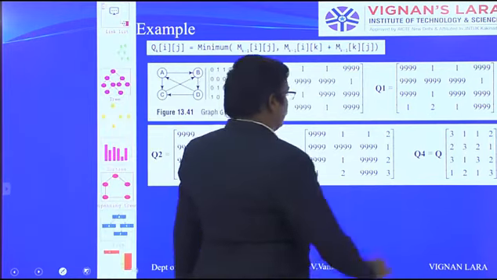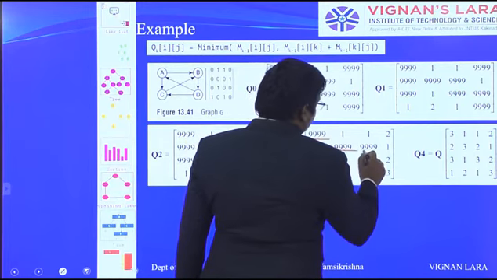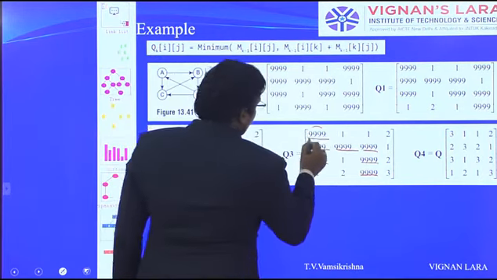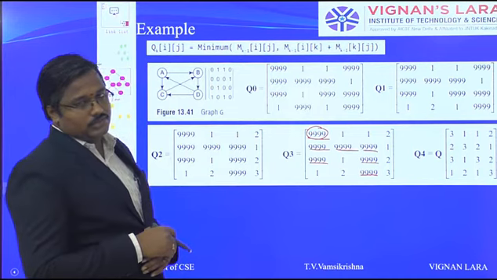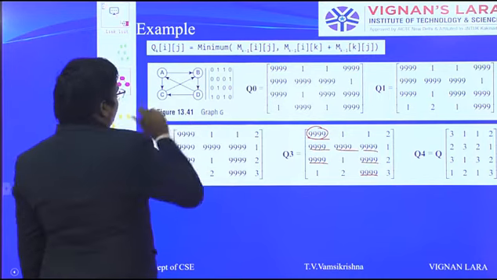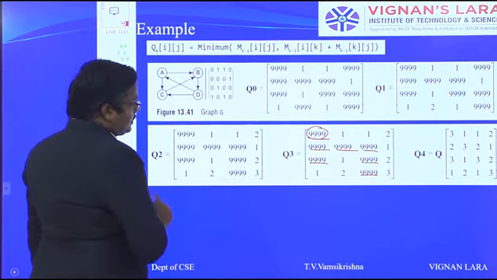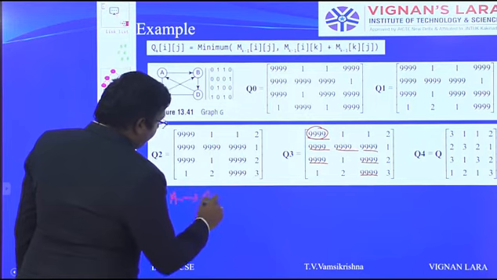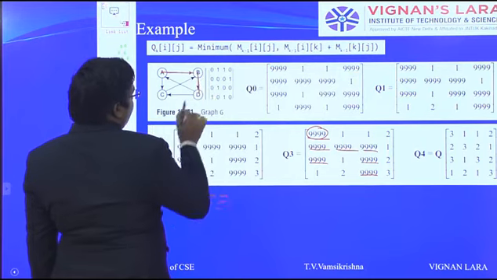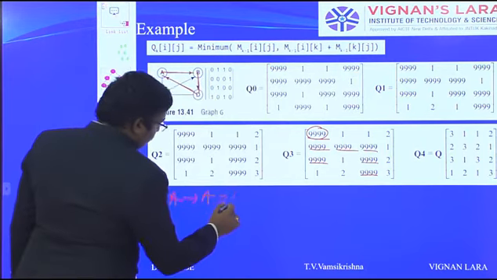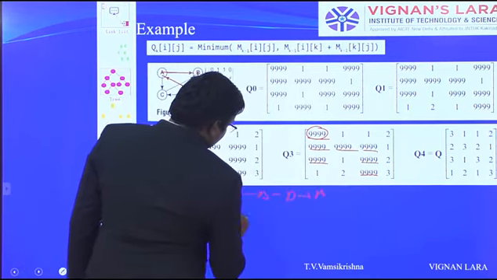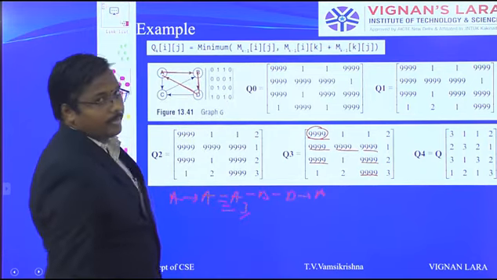When we are considering Q4, so this one updated, this one updated, this one updated, this one updated, this one updated, this one updated. So try to check. So what is the A to A? Shortest distance 3. How is it updated? So when we are considering C also as an intermediate vertex, what happens is A to B is a 1, B to D is a 1, D to A is also 1. That's why here 3 is the distance updated.